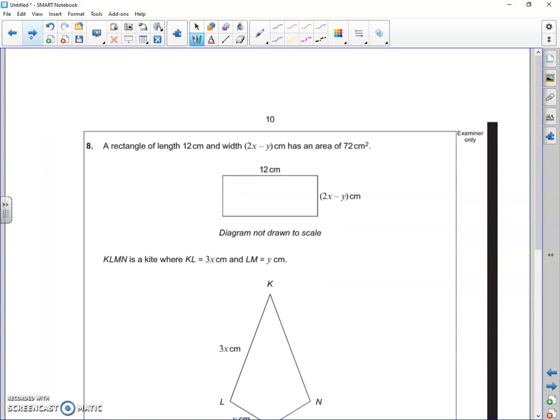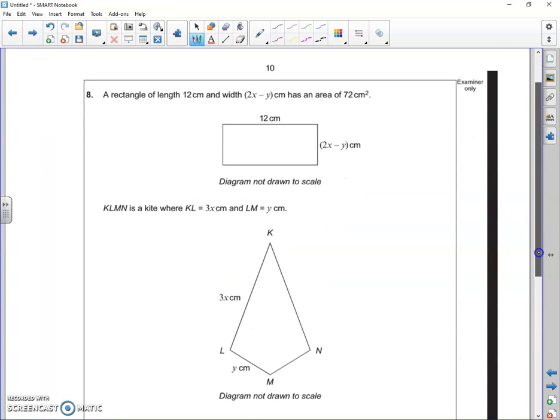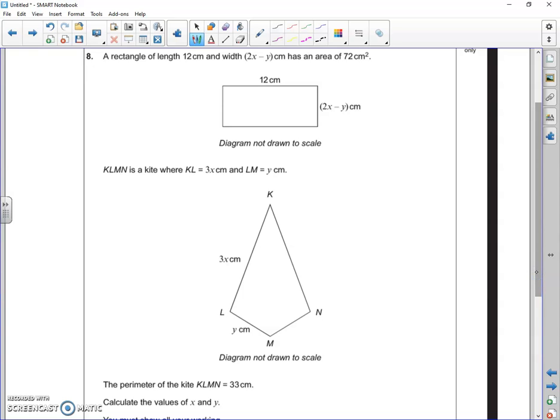Question 8 then is simultaneous equations, and the easiest way of spotting that is because you've got x's and y's in the same question. They haven't given us the equations though, we're going to have to come up with our own, and that's what the two shapes are for. So top shape, there's a rectangle. It tells us that it's 12 wide and it's 2x minus y tall, and it tells us that it's got